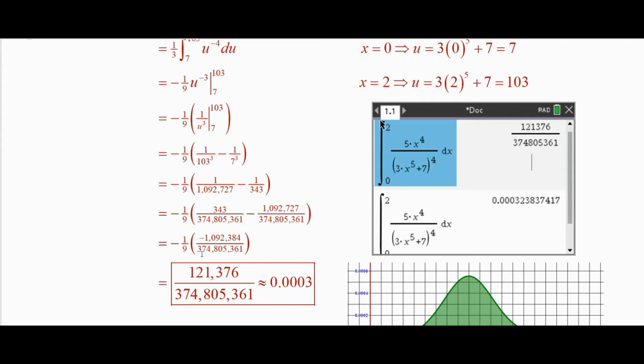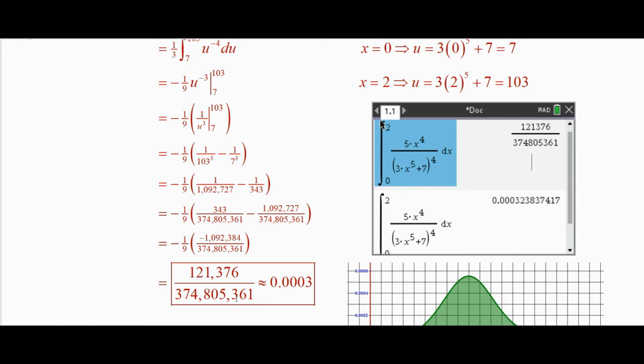And it looks like this top one must have 9 as a factor. You can see that by adding up the digits of the numerator. Let's see, 8 plus 4 is 12, 3 more is 15, 2 more is 17, 1 more is 18, and 9 is 27. Since that's a multiple of 9, that means 9 will divide into that evenly, and in fact it does, and you get